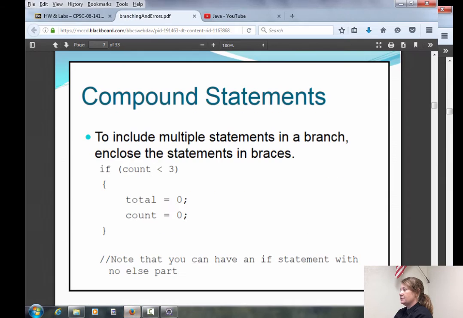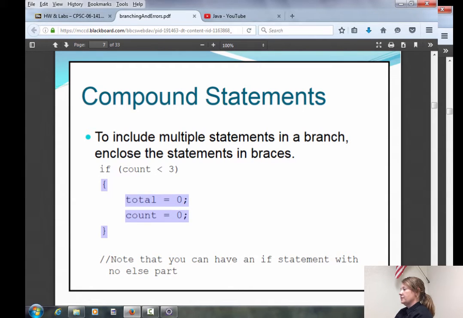Now, if an if statement has to do two things, two lines of code, two statements, let's say it has to set these two variables both to 0, so that's two statements. If I'm executing more than one line of code, then you have to put the curly brackets in. This is called a block statement or a block of code. So if this if statement is true, it executes the entire block of code. That makes sense, right? If I'm executing one line, I don't need the curly brackets. If I'm executing more than one line, I need the curly brackets, and it's called a block of code.